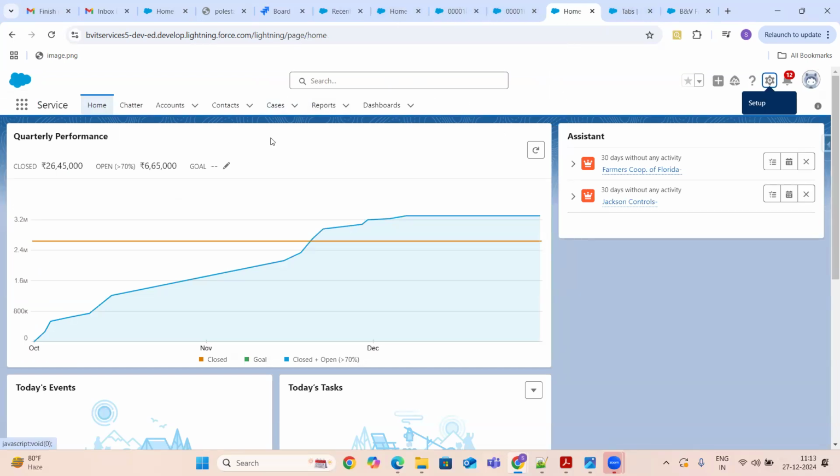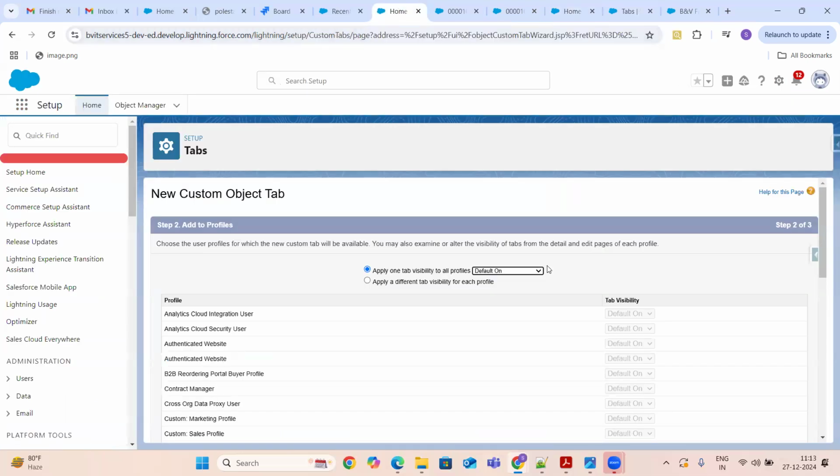Default off is something like that, you can just access it from your personalization bar. Okay, that is nothing but the default off. Default on is something like that you will be seeing either in the application or in the app launcher. That is not a major thing, guys. Okay, nobody will ask you. They'll just ask you what is the difference between tab hidden and default on or default off.